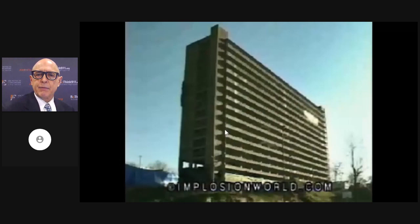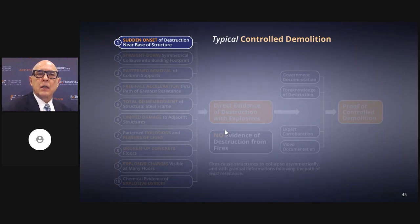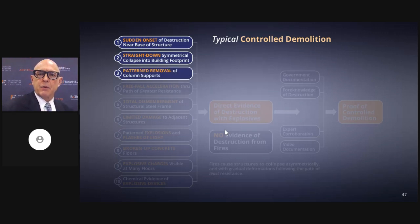In fact, there's a set of features, let's look at them, associated with controlled demolitions. There's a sudden onset of destruction, usually at the base of the structure, not always though. Feature number 2, there's a straight down symmetrical collapse, often, but not always. Sometimes they want to do it differently, because there's a patterned removal of column supports. And feature number 4,